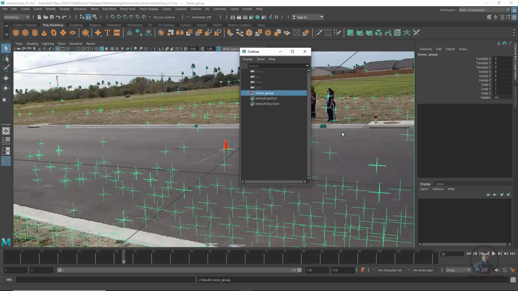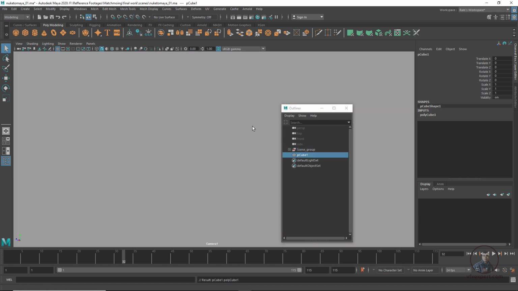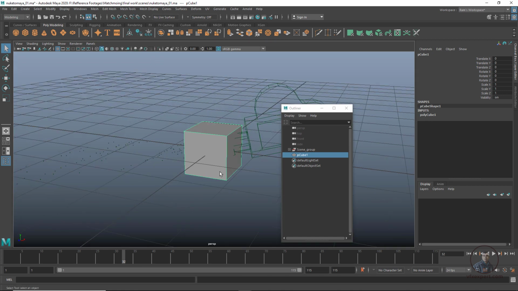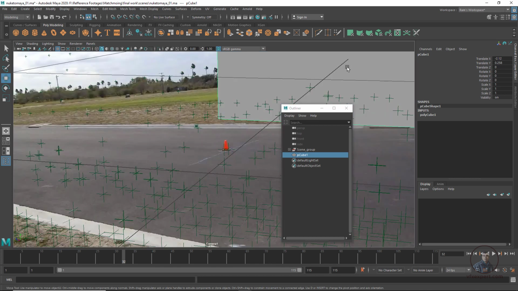Now with the help of this scene group you can orient your scene, and you can also adjust your scene scale. Now here I am going to create some dummy objects or any objects. So just create maybe a cube. Now you can see I think the cube is too big. Now see here in perspective, select this one, press W, and adjust it here maybe. Now again come in our camera view, I think it's still too big.